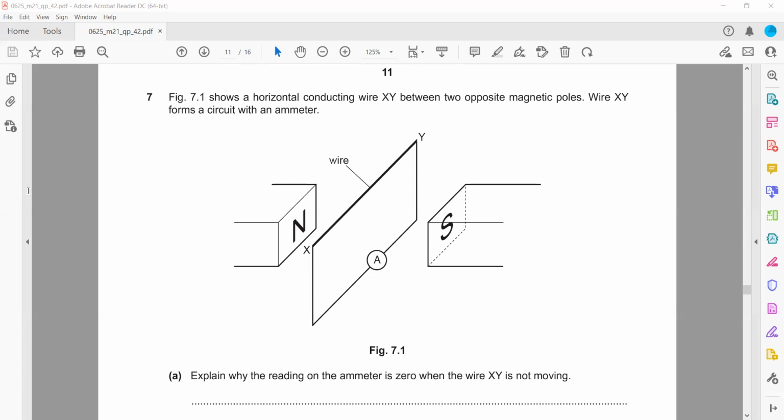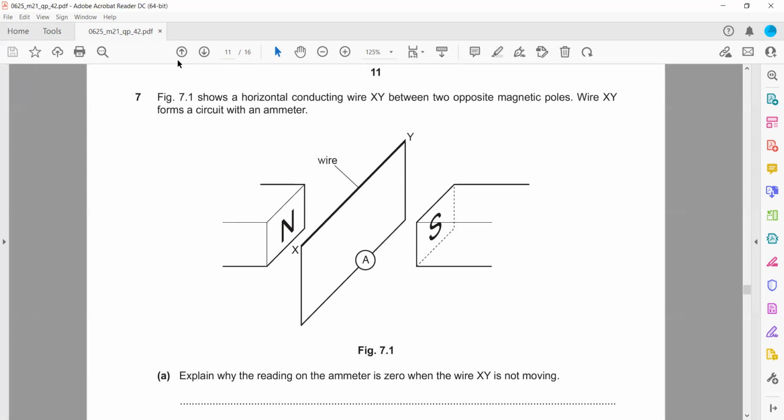Your index finger, the first finger, should point towards the magnetic field. Whenever we are finding the relation between current, motion, and the magnetic field, we will use the right hand rule, because whenever there's a change in magnetic field, there's induced EMF. So in that case, we will use the right hand rule,